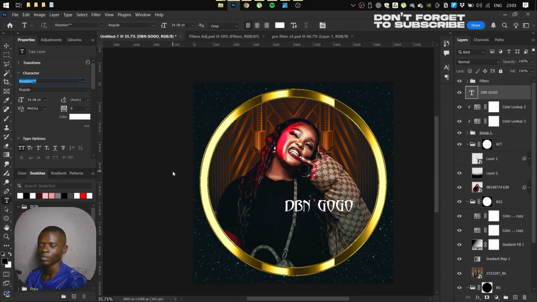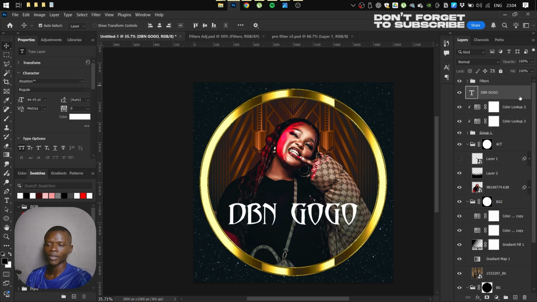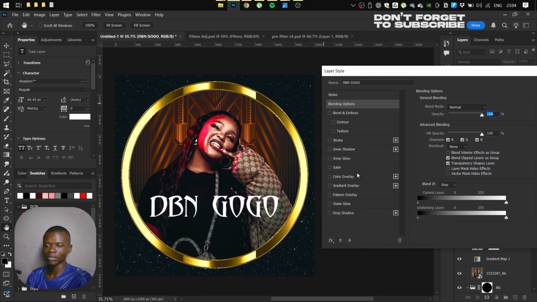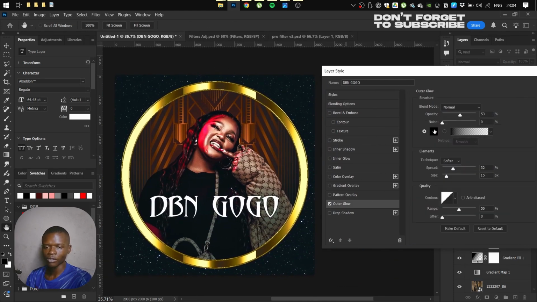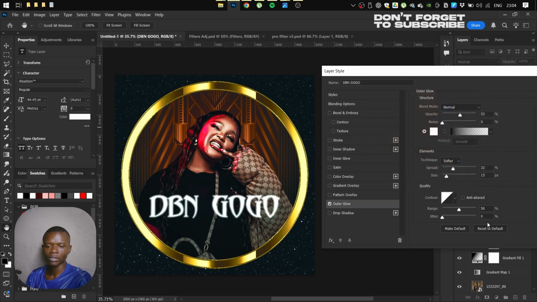I was thinking this, just take it somewhere there, resize it, double click on the name. Let's just move it here and then move this here. Now let's add some glow to it, somewhere like here. Okay, so let's just add the glow, something like that, and then just a bit somewhere like here, somewhere like here,